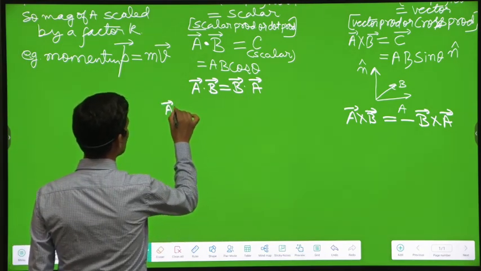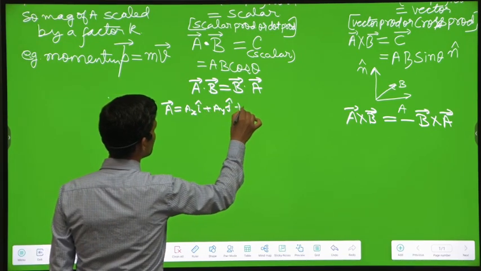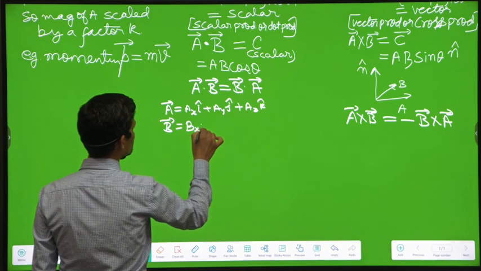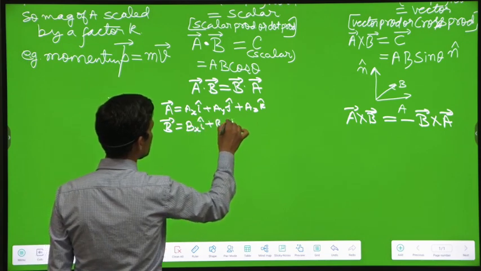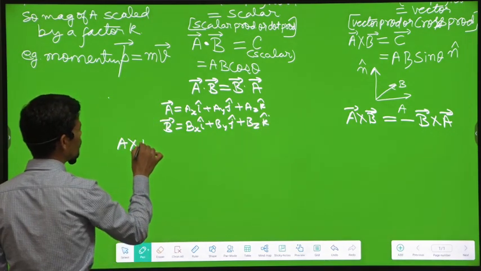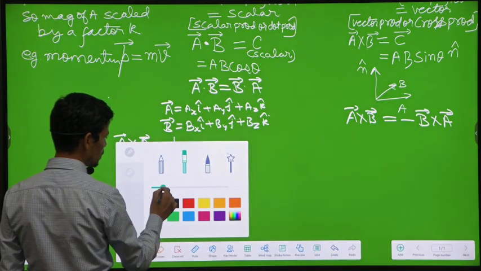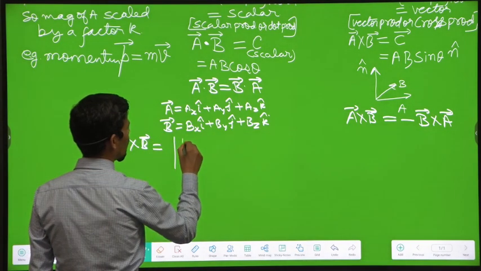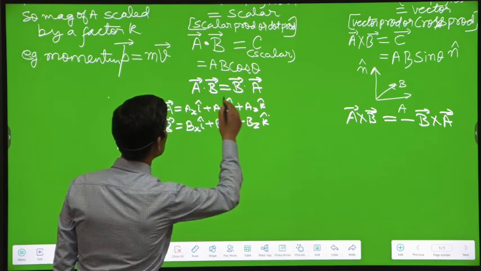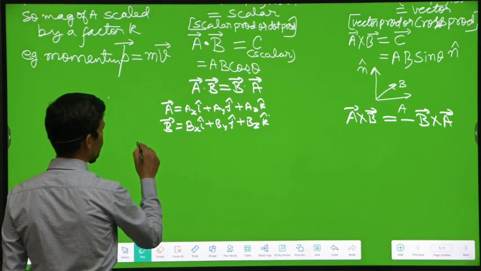If vector A is ax i cap plus ay j cap plus az k cap, and B is bx i cap plus by j cap plus bz k cap, then A cross B is equal to... oh sorry, here I have to find A dot B. So A dot B,